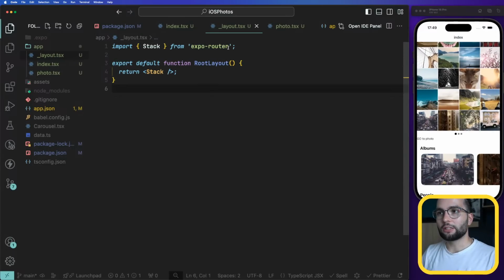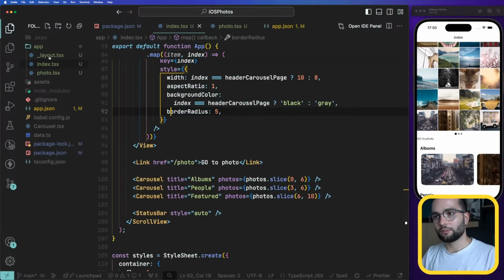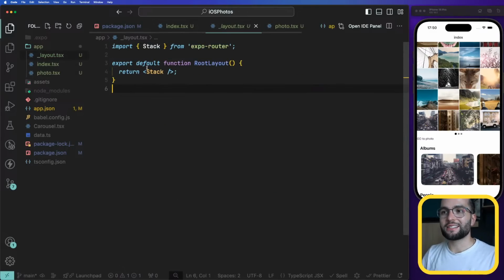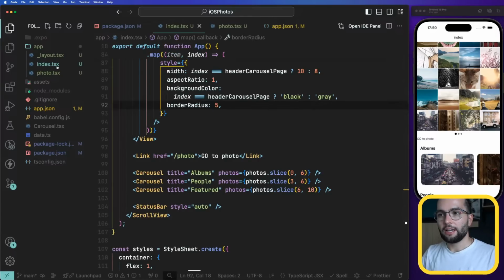This is our root layout, and I'm gonna close it because we will not need to work with it a lot. We just needed to specify that the navigator to be used for our application should be a stack here. Let's close it, go back to index, and I want to improve this link